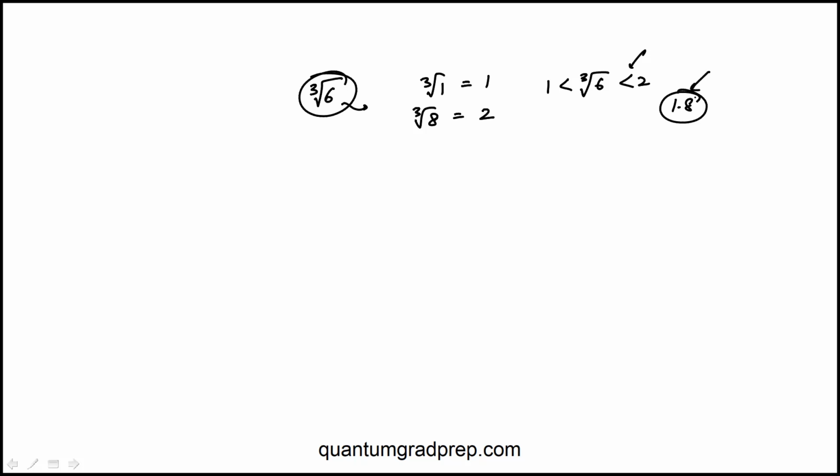So the key step in this question is, where does cube root of 6 fall relative to 2 and 3? So we know cube root of 1 is 1, and cube root of 8 is 2. That means cube root of 6 will be somewhere between 1 and 2, maybe closer to 2, perhaps 1.8, but this part isn't important. So the key thing is, if you know it's between 1 and 2, we can say